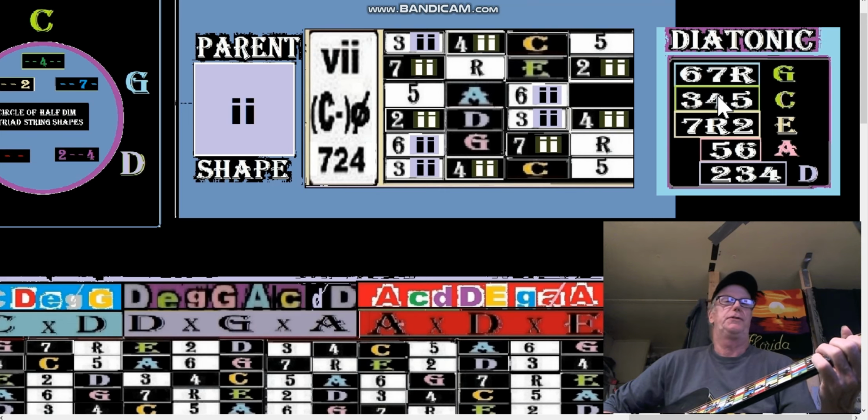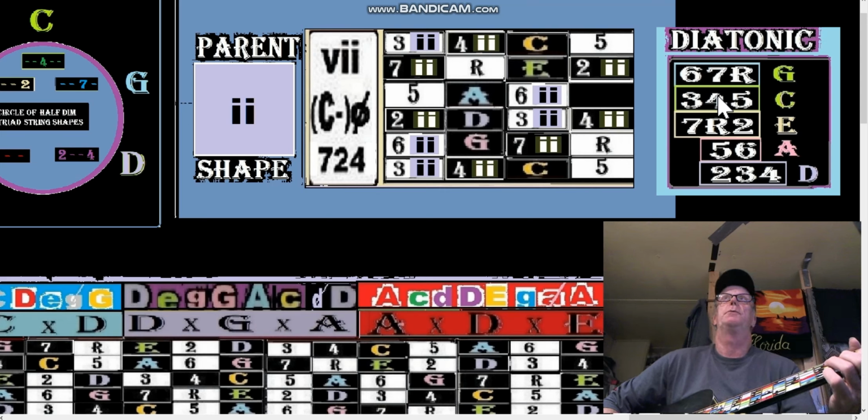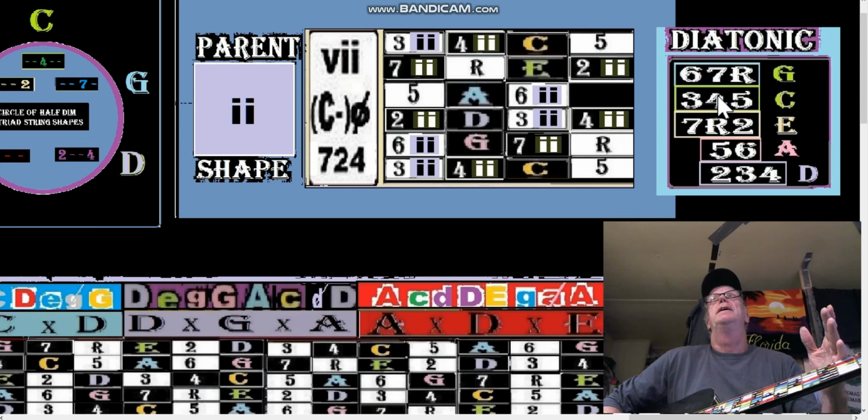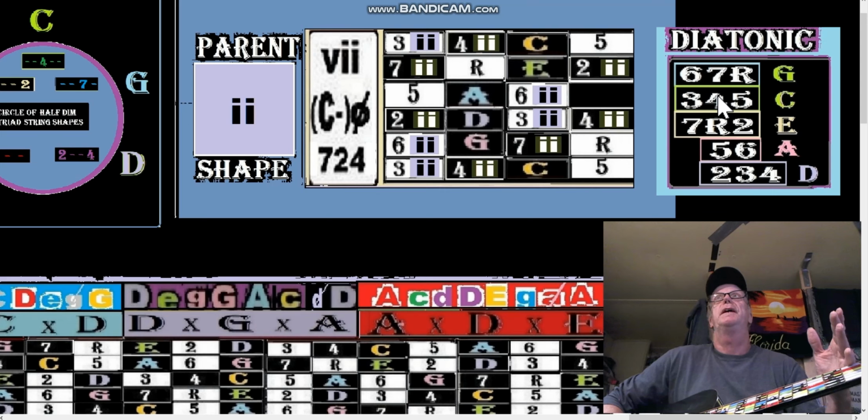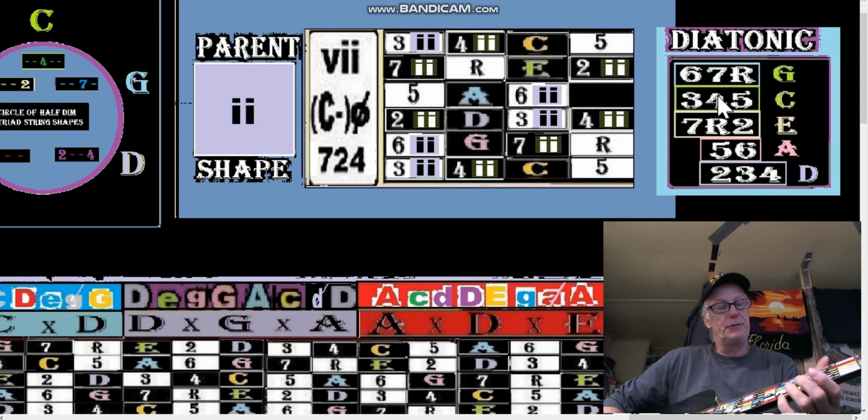Now we go to the C instead of the B because we want to stay in the word CAGED, but CAGED skipping every other letter. So it's C, G, D, A, E, C. And then going backwards, of course, it's in 4ths. So it would be C, 4th of C. Now instead of going to F, we're going to go